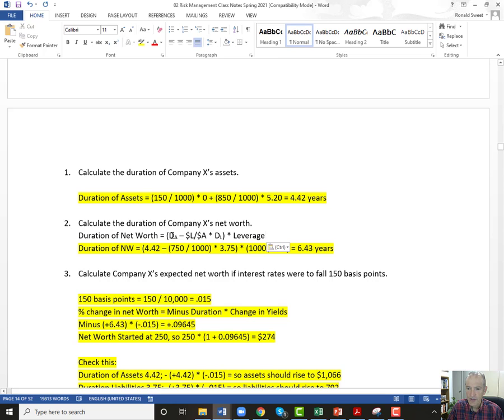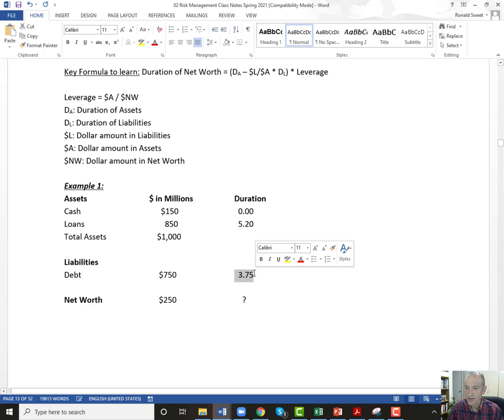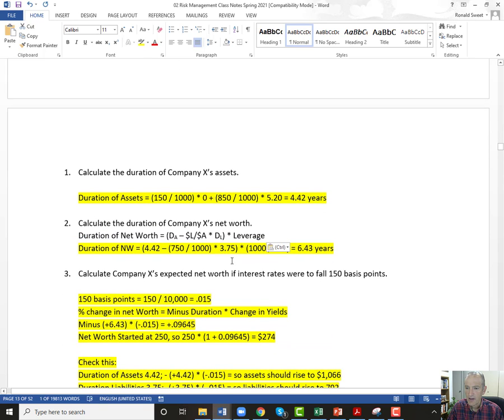So we take duration of assets. We just calculated that at 4.42. We take the dollar of liabilities. Remember, that was 750. The dollar of assets, remember, that's 1 billion. Times the duration of liabilities, I just gave that to you, is 3.75. You take all of that and you multiply that by leverage. Leverage is just,